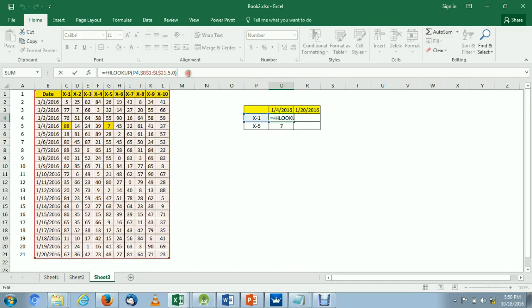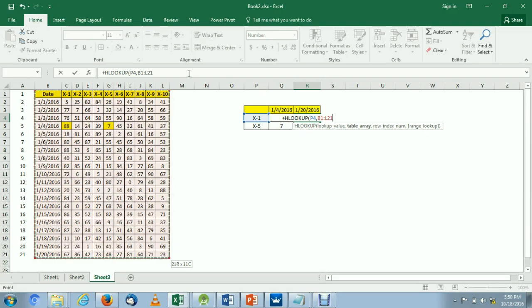Now again we will try to use this formula for date 20th. We will use HLOOKUP, the lookup value, that means x1 here, table array from date to x10.